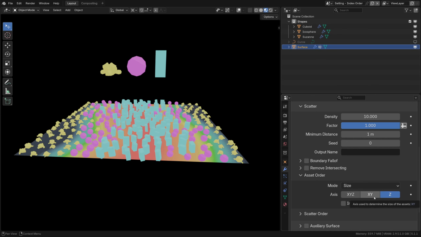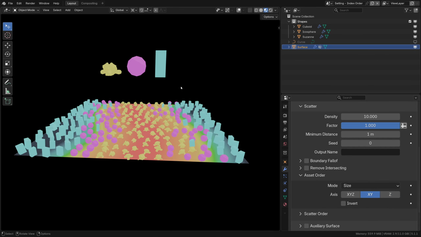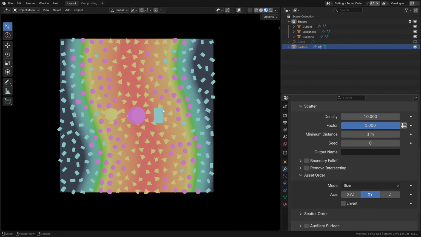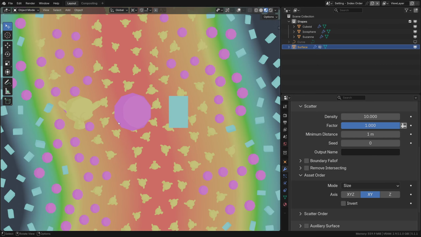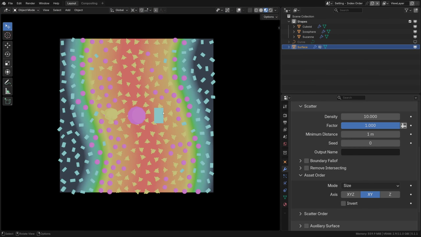If we look at it from the X and Y view, I'm not really sure, I guess, yeah, this is the smallest object, then it's this one somehow, and then this one. This doesn't look correct to me, but okay. Yeah, I think that it's just because of the internal logic that this fails here, but it should work